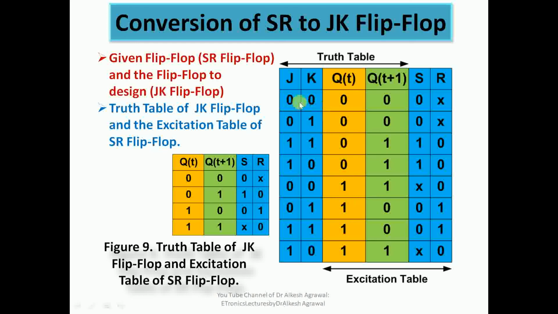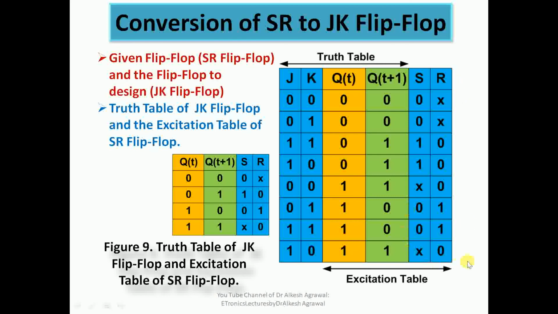We know that when J and K both are not activated, the next state is the same as the previous state. When K is activated, next state is 0. When both are activated, there is a transition of state from 0 to 1. When J is activated, then next state is 1. When both are not activated, Qt is 1, and the next state remains 1. When K is activated, next state is 0. When both are activated, there is a transition of state from 1 to 0, and when J is activated, the next state is 1. So now we fill this excitation table.